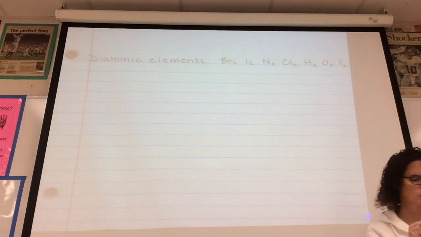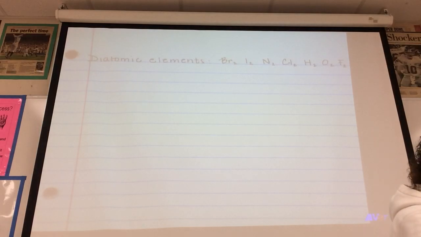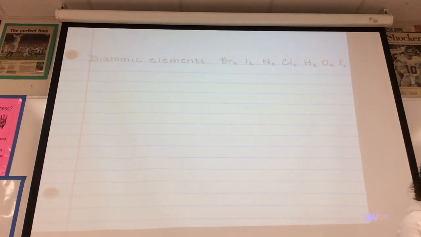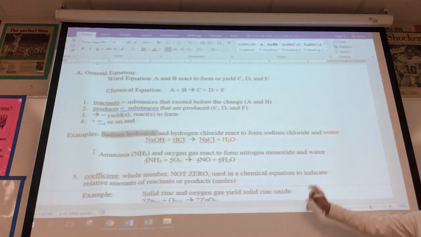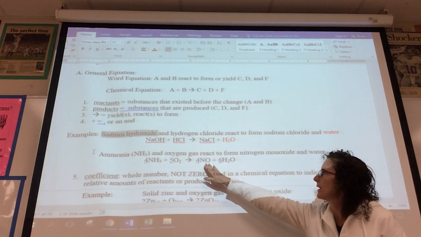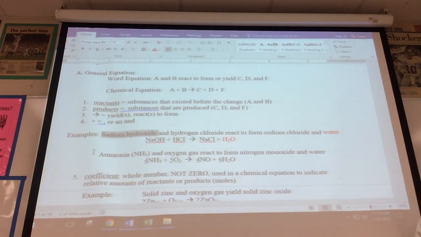They will come back to bite you a little bit when we get into single replacement reactions. So we'll replace the oxygen gas with O2, react to form, the arrow, nitrogen monoxide, a covalent compound, and water. What you see in this equation